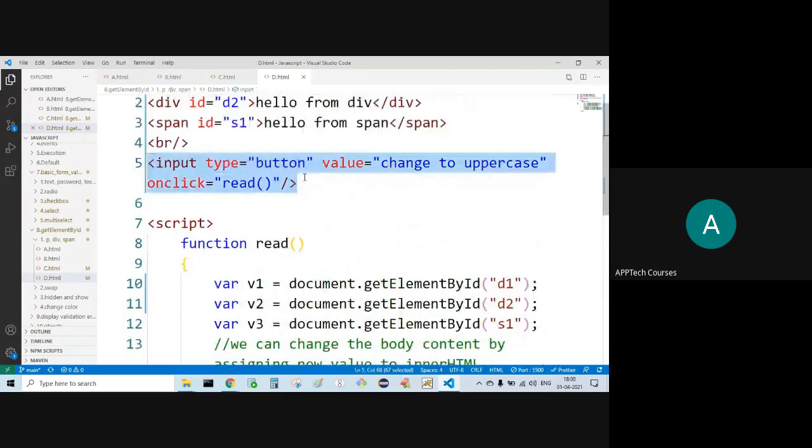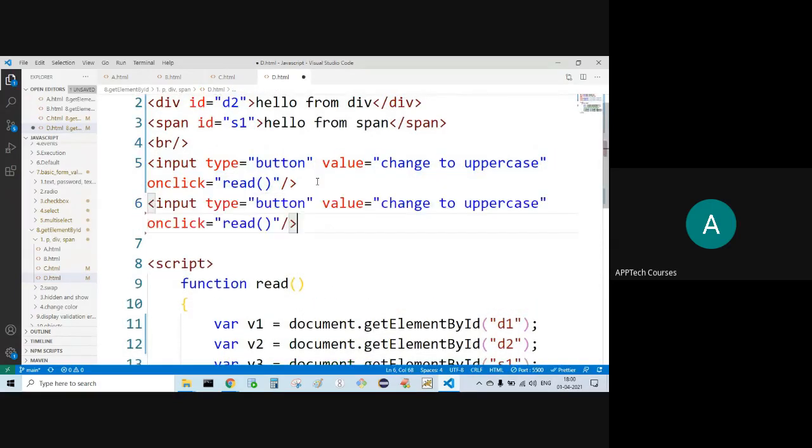Let's say this one, another input button, change to lowercase.